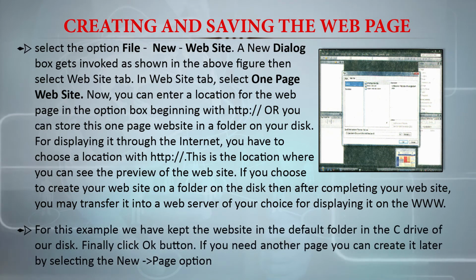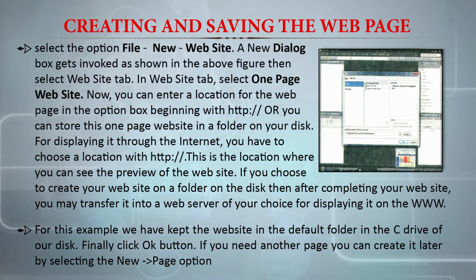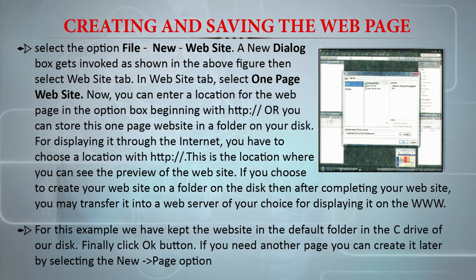For example, if we have to consider an example, in fact, we can have a default website, or we can have the website in the default folder on the C drive on the disk, because almost everybody will have this particular drive. There may be other drives also, but in case you don't have them, there is no harm in placing them in this particular folder itself.